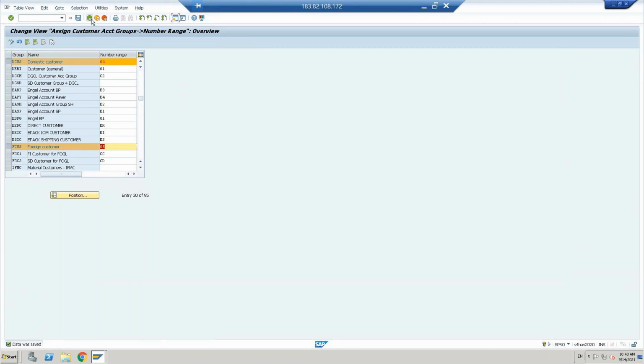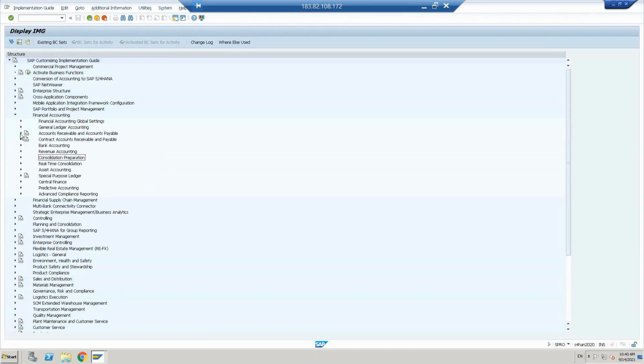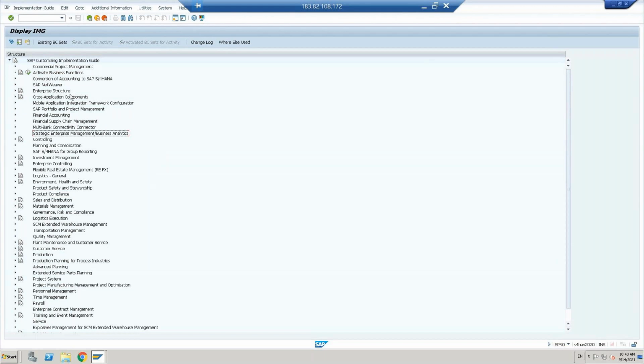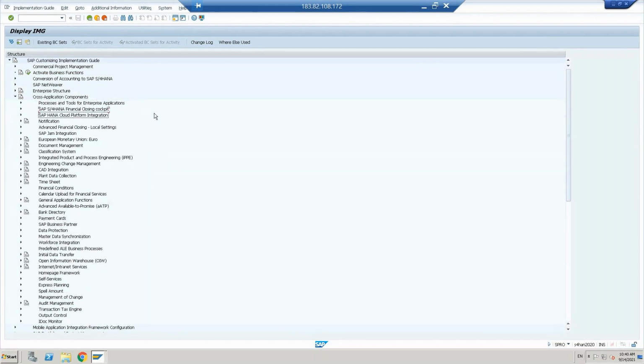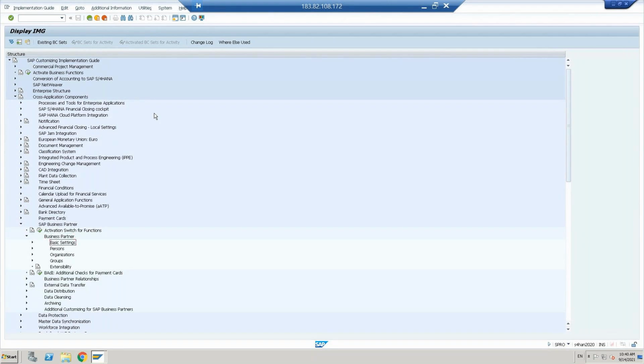Two account groups we have created. Similar way we need to do the same configuration of number range and account group in the business partner also. I'll go to cross application component, under business partner, basic settings,